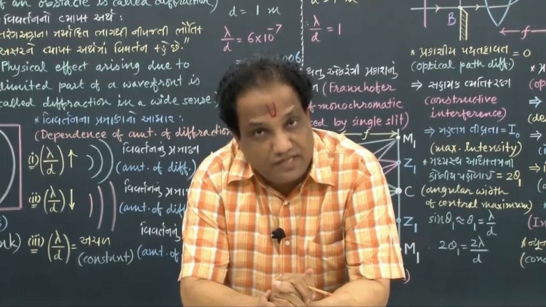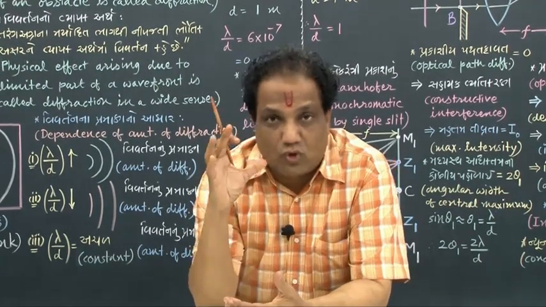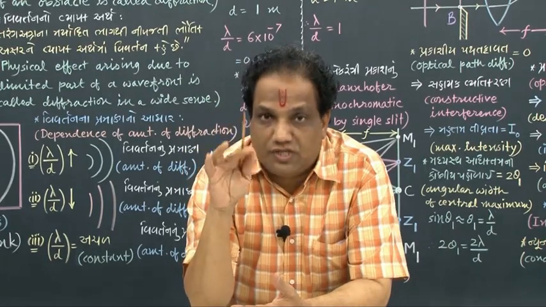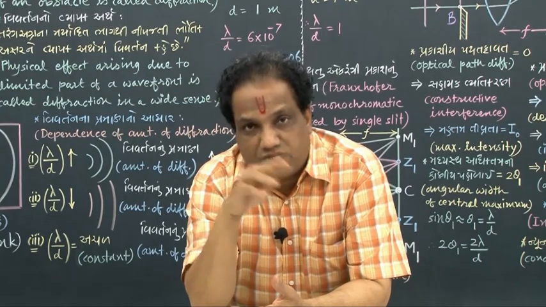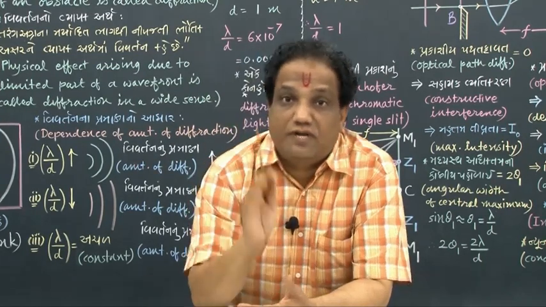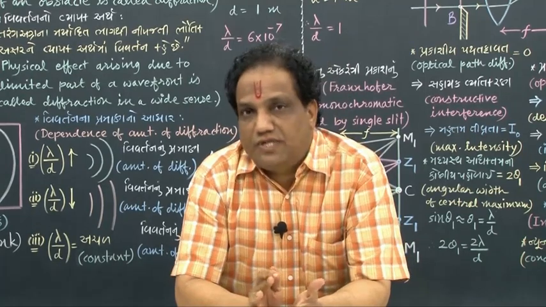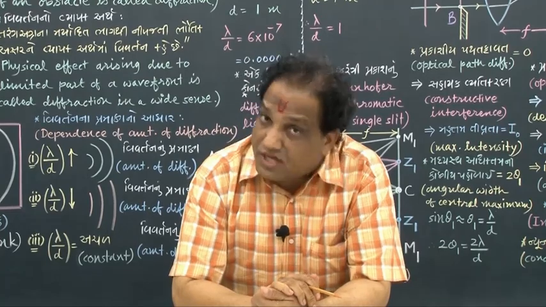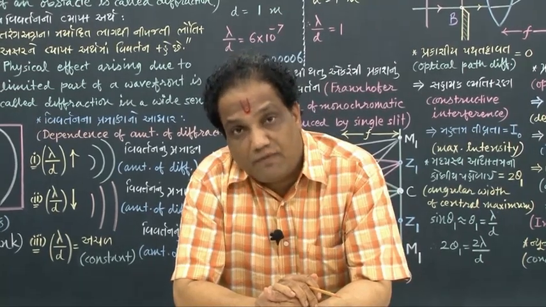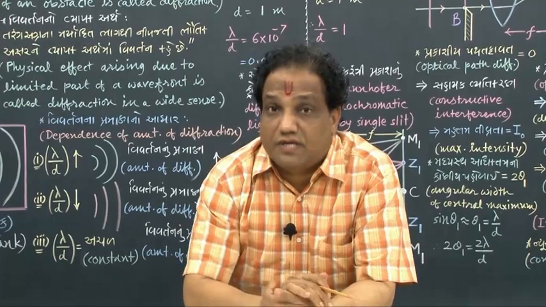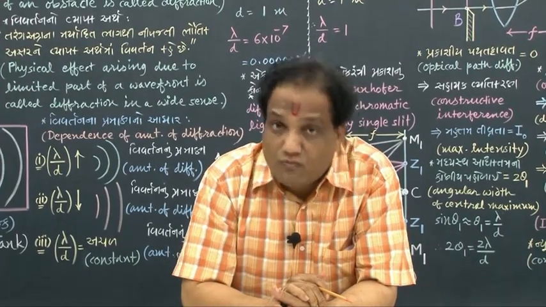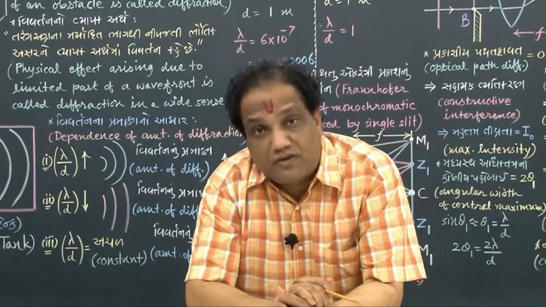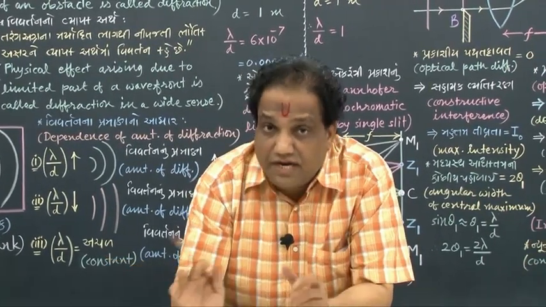See, you must have noticed that if you got some room and in that room there is a door, and suppose that door is open, there are two persons standing on either side of that open door, and suppose they are not in the line of sight of each other, so naturally they will not see each other. But however, if one person shouts, then another person can hear. Okay? Why? The reason is that through the open door, which behaves like a very wide slit, it so happens